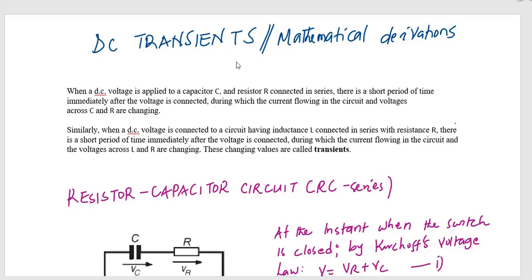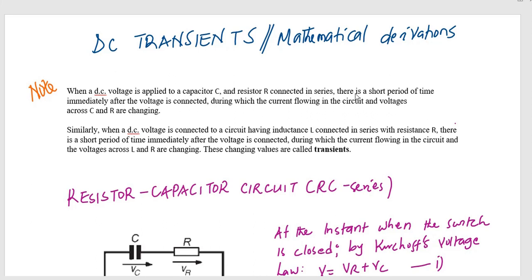Hello friend, today we are looking at the DC transient, and basically we are going to look at the mathematical derivations of the different formulas in the DC or direct current transient. We have to note this, that when a DC voltage is applied to a capacitor C and a resistor R